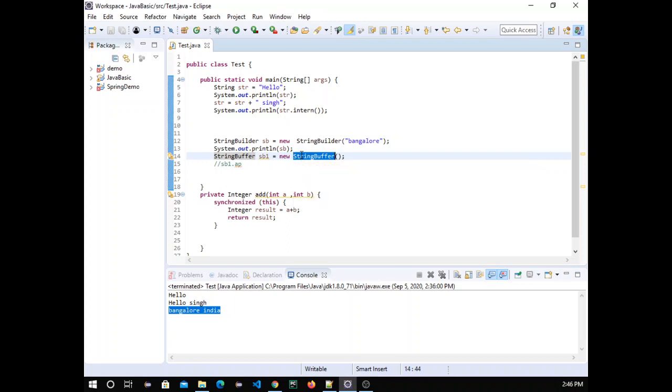But there are some variables that we don't want to become inconsistent, so that's why we need to make them synchronized.